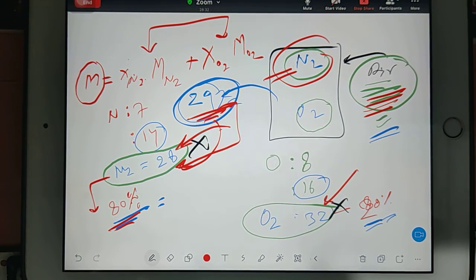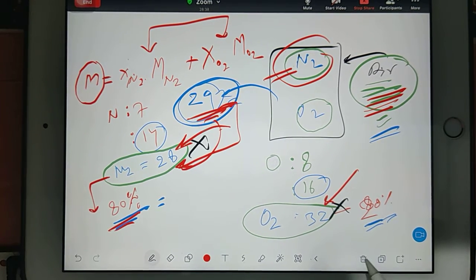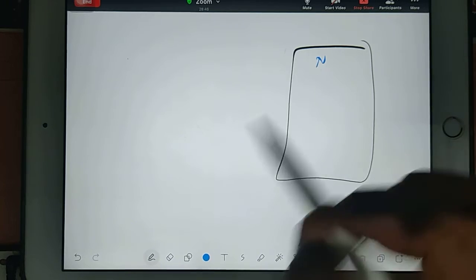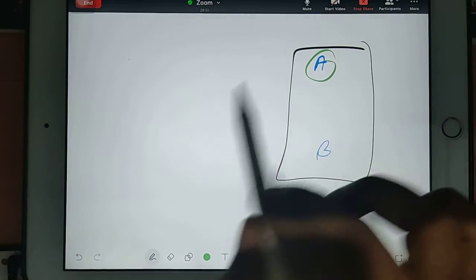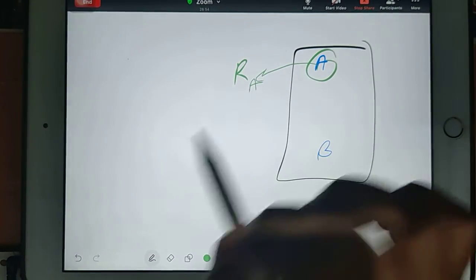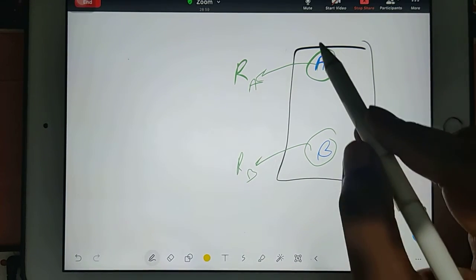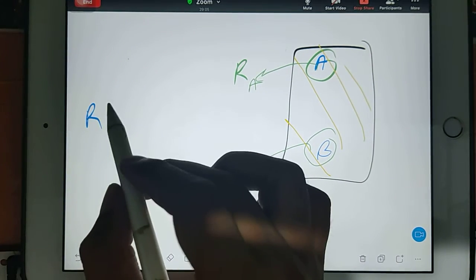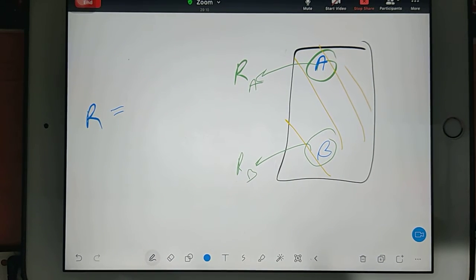Now in the same way you can find out the gas constant of a gas mixture. For example, same example, you have a chamber, and in this you have taken two types of gases. Don't take nitrogen, oxygen, go in terms of A and B. So for A it will have its own gas constant, for B it will have its own gas constant. For this mixture, if you want to find the gas constant, because it will be a new gas, you will find it by a formula that you can directly apply.